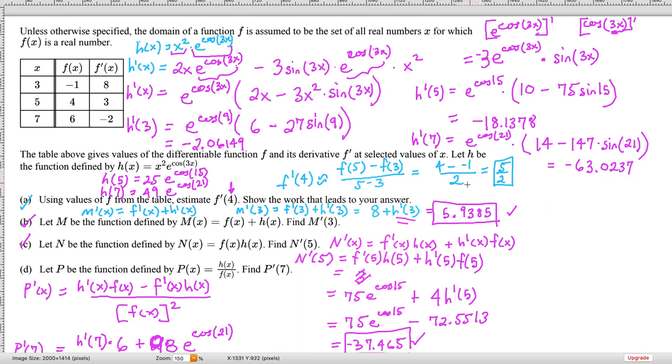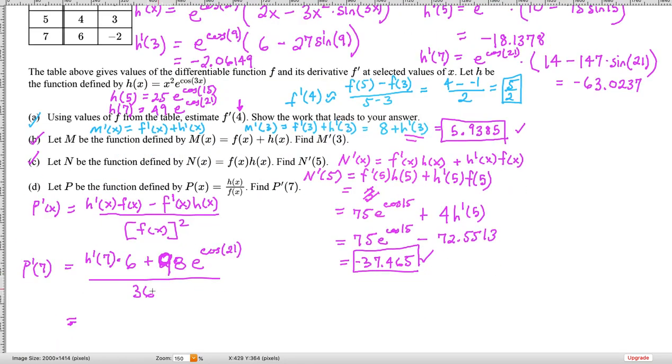And that's just h prime of 7, so I gotta go back down here, and then I gotta say times 6 for that value, negative 378.1426 plus